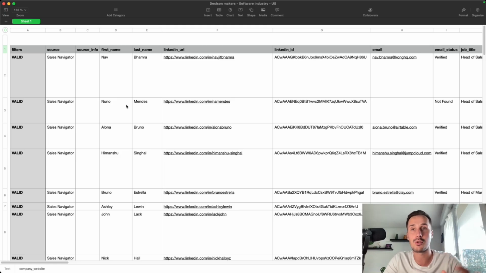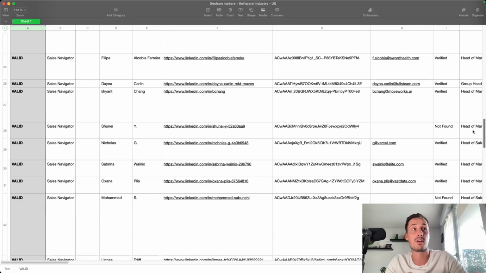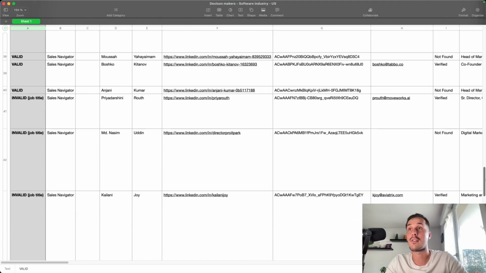So when you export your leads with GiveMeLeads, the first thing we do is to clean the data. So for example, for the first name, last name, and company name, we removed the emojis, we removed the problem with capital letters, and so on. And the second thing we do is to make sure that every single lead matches your filters. So for example, here we have this column here, filters, and we tell you if the lead is valid or not. So here we have a lot of valid people, but on the bottom of the file, you have people